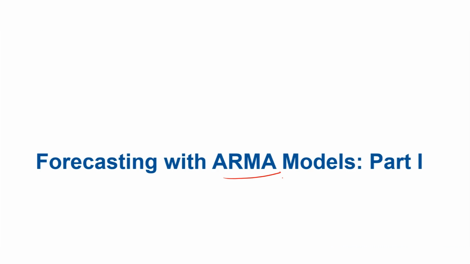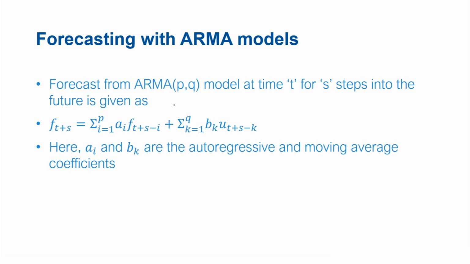In this particular video, we'll understand forecasting with the MA model. Let us examine this simple ARMA(p,q) model at time t with s steps into the future. The forecast would appear something like this. The notation is f(t+s), representing the forecast made at time t, s steps ahead. Now it will have two components. First,